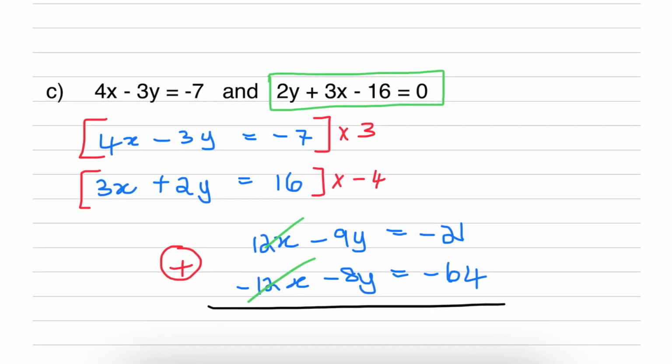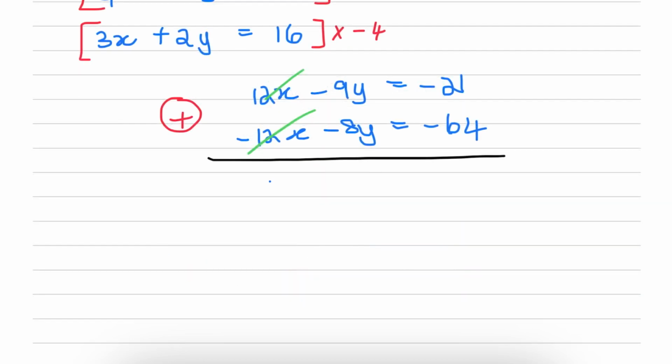It's so that these terms, the 4x and the 3x, which we aligned here, can have a common multiple, right? We can find their common multiple and then cancel them like that. So the one term must be positive and the other one negative, so that we can cancel them out like that. So let's continue. Negative 9y minus 8y is equal to negative 17y, and then negative 21 minus 64 is